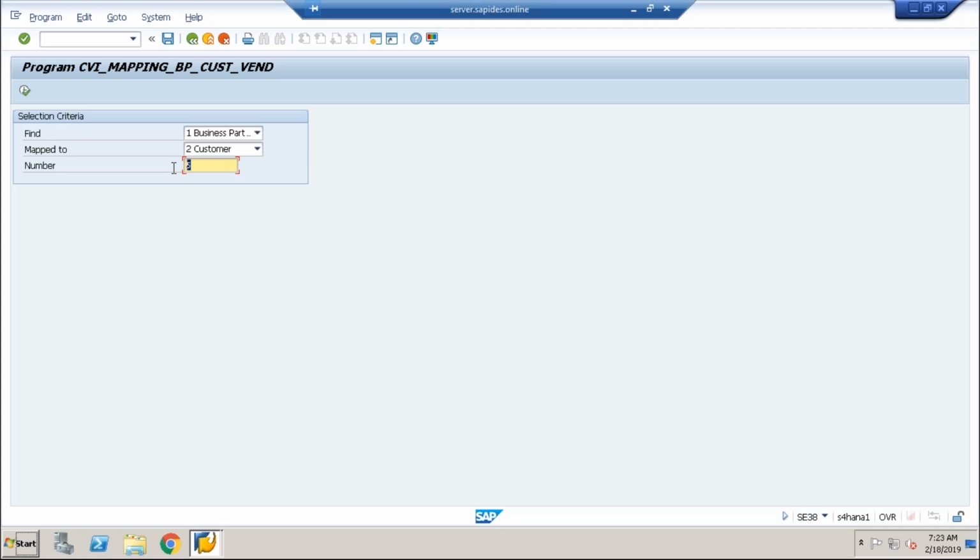Once you're done with this, they go back to the pre-check upgradation report and check whether any errors have been converted to a complete set.